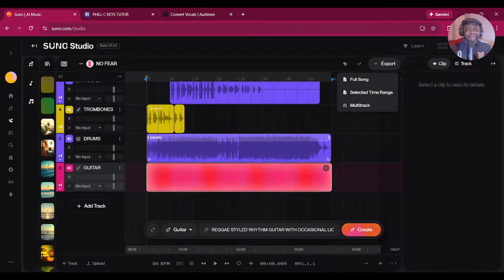I do this with any output from any AI tool. Now this is kind of like a DAW, but I just mean any AI tool, right? Any AI tool, don't just use it as is, try to tidy them up. There's usually something you can do to it. And this is for folks who want to go that extra mile. Because I know a lot of folks just want to hit the microwave button and then the track comes out and they don't do anything with it. You just go release it.